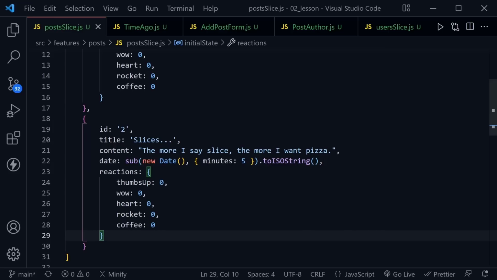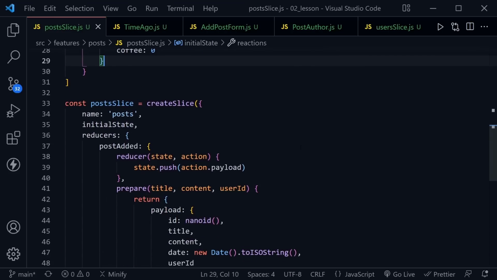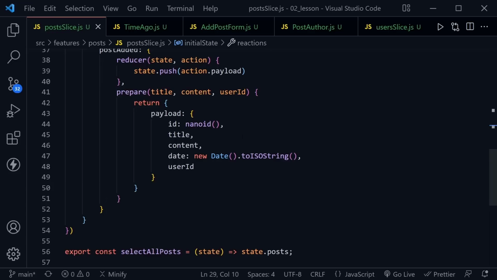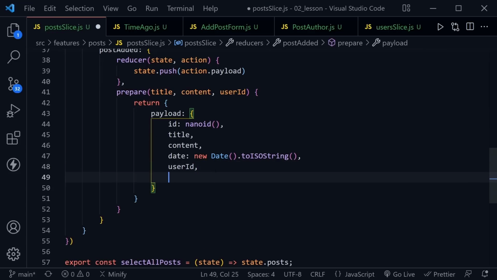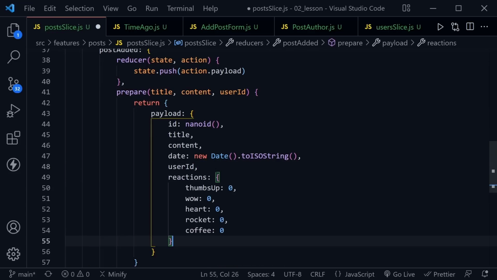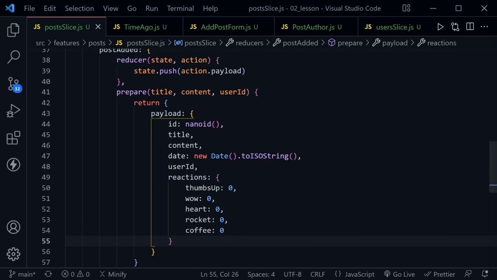And we can save that, but then we also need to handle this in that prepare function as well. So any new post that is created needs to be prepared and have these same reaction options as well. So this will go ahead and add the reactions to any new post. And now we need to add a new reducer that will actually update the reaction count when a user clicks